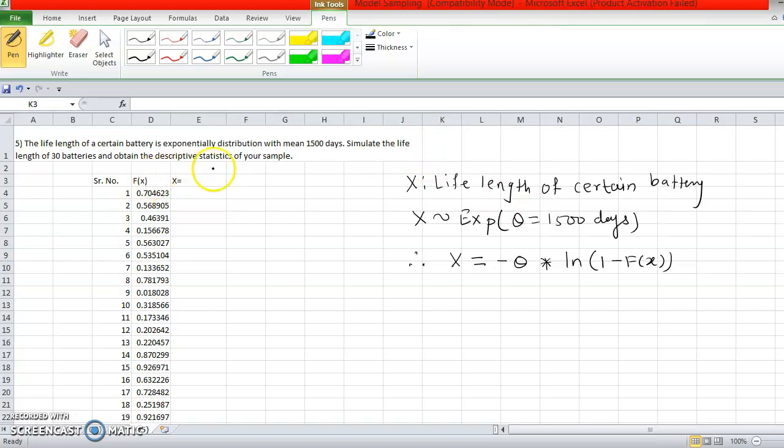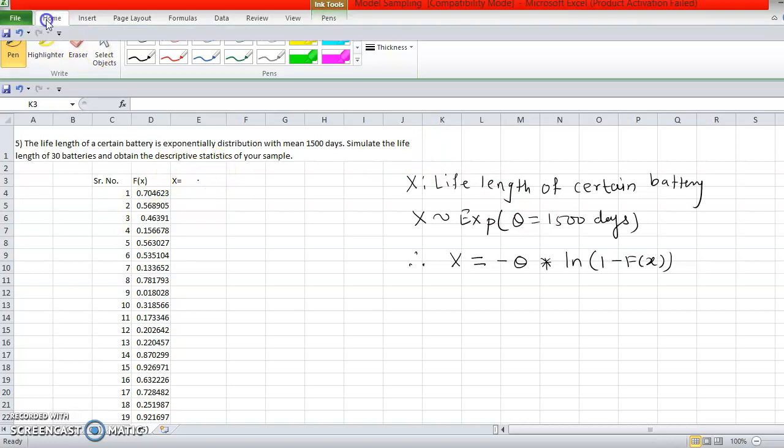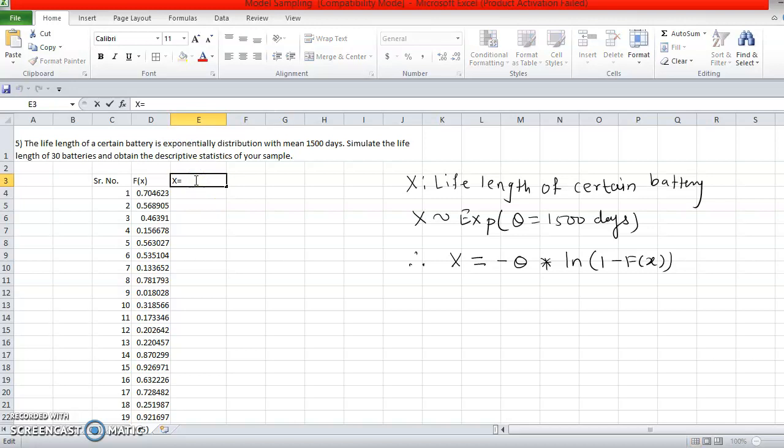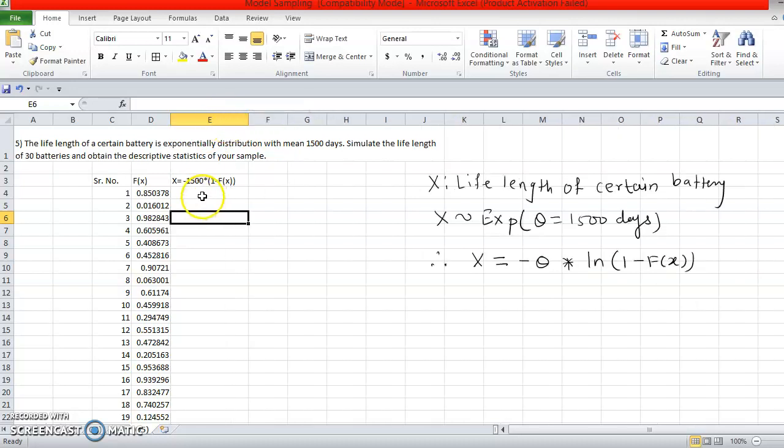So let me put the value 1500 here. I will put the formula of x here as x is equal to minus 1500 into ln of 1 minus F(x). So F(x) is already generated in the second column. So we will use it to find x. So write equal to, and give the formula minus 1500 into,